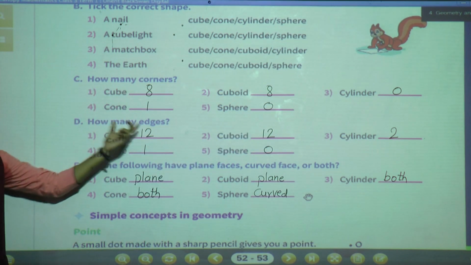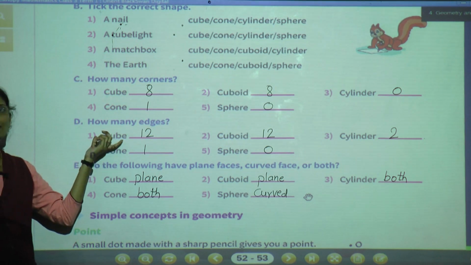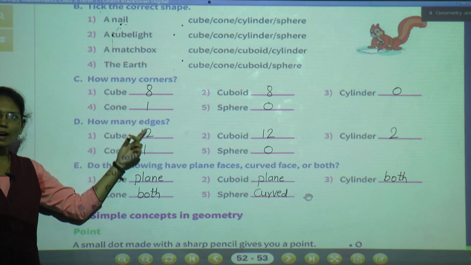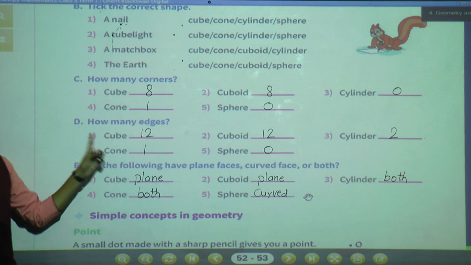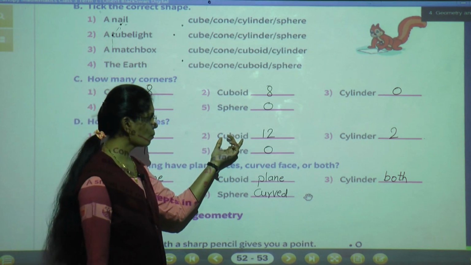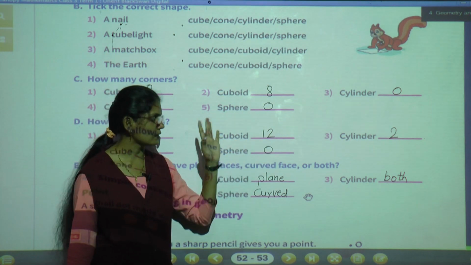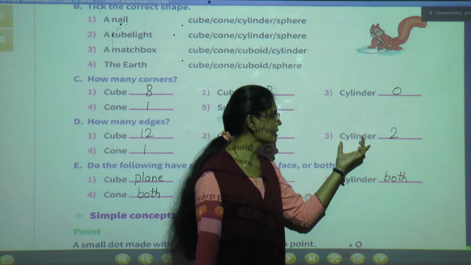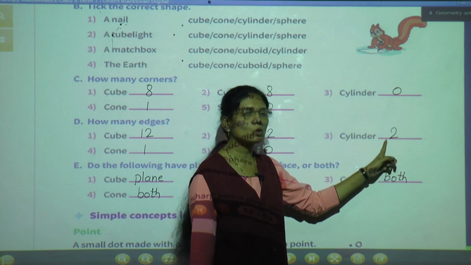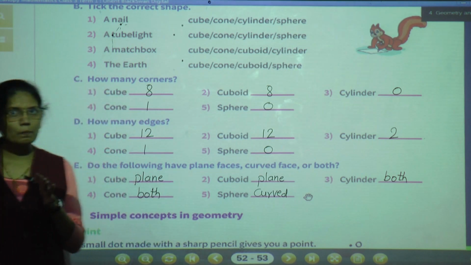Then we have seen the edges also. How many edges does the cube have? Yes, the cube has 12 edges. The cuboid also has 12 edges. If we see the cylinder, how many edges does it have? It has 2 edges. And how are the edges, curve or plane?